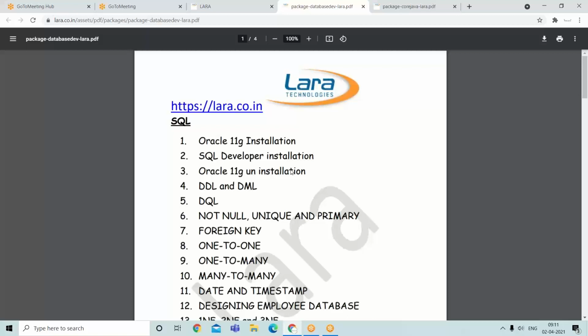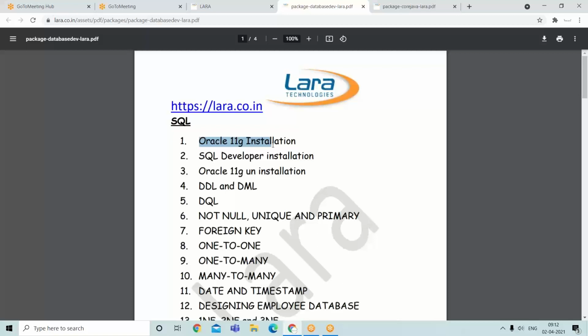First one is SQL. I explained all SQL concepts by making use of Oracle 11G. All these SQL commands are compatible for Oracle. Please observe, every SQL command is compatible for Oracle.